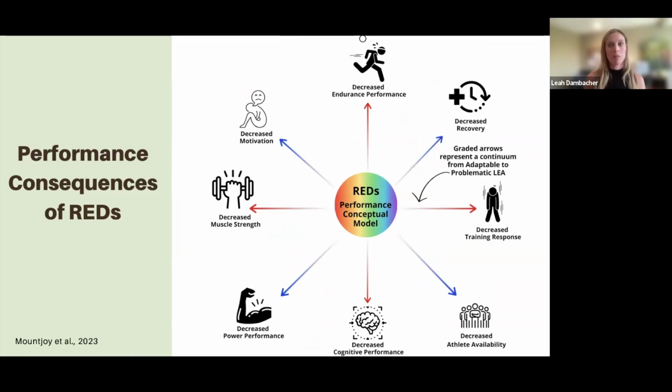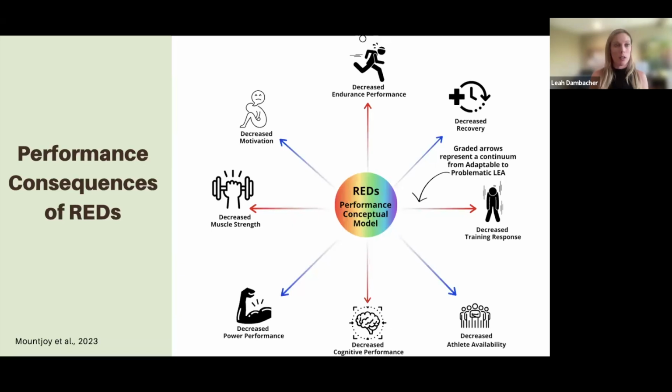And sometimes performance, or how well somebody is doing in their sport, is the most important to them, especially at this age in high school. So these are some things that we might start to see in athletes that are suffering from REDS. We might start to see a decrease in endurance performance. Maybe from year to year we might expect to see progress and we're not able to maintain that. Decreased recovery time, decreased training response,